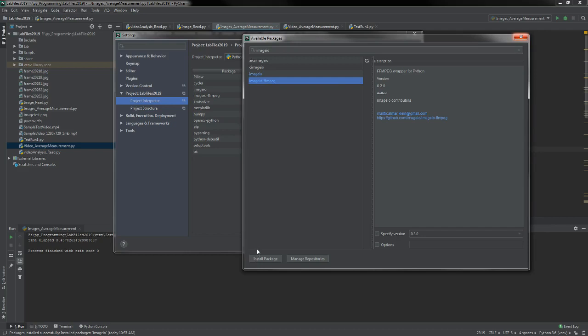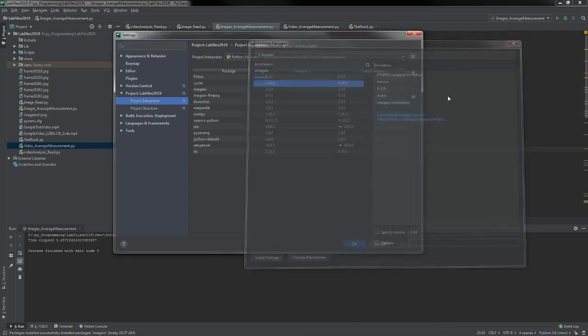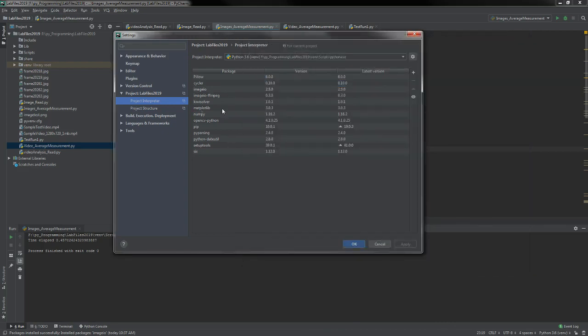Since I've already installed them, I don't want to hit it again, but once you install a package, you will see a dialog box at the bottom saying your package has been installed, and there will be a progress bar showing you the progress at the bottom of your PyCharm. So you can add a lot of packages like that. I have added OpenCV Python, which I will be using for my two programs today,